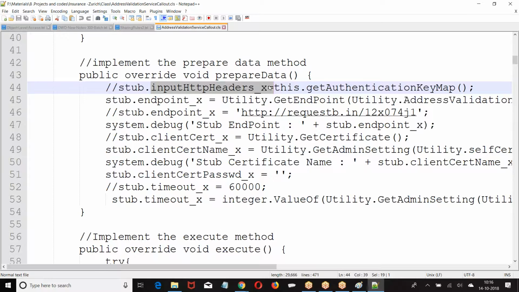I cannot pass a login ID, password, and generate a session ID. In the input header, I can pass my access token. Through some other method, you have generated an access token. That access token I want to send, then I can simply put it in the input header. So what is that input header? Anything that you want to put in the input header of the request, we can put in the input header.